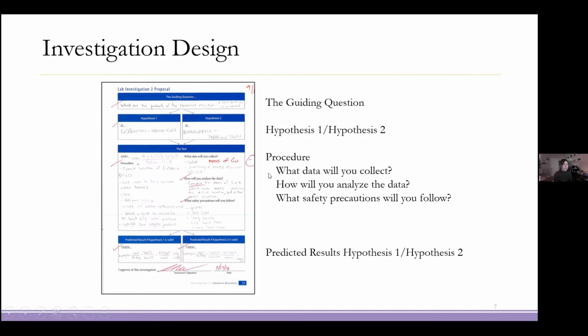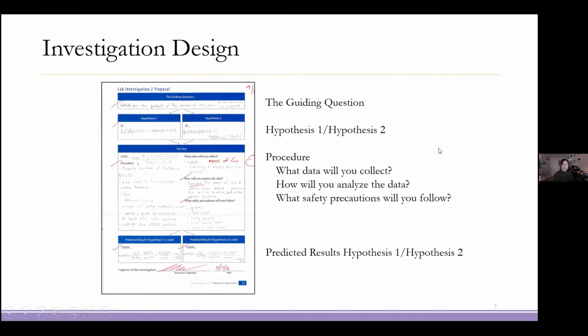So what type of data will you collect to address the guiding question? How will you analyze the data, and what safety precautions will you follow? And then their predicted results for hypothesis 1 or 2. And I just want to point out that not every ADI investigation has a hypothesis associated with it, but this